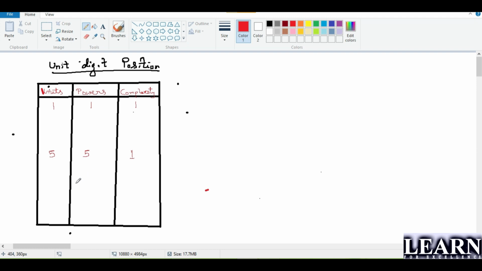Clear? Next, I'll go to the next number, that is nothing but 6. Now if I'm talking about 6 here, 6 to the power 1 is 6, 6 square is 36, 6 cube is, yes guys, what is 6 cube? 216. So now look here, all the numbers over here will end with 6 itself. So 6 to the power anything will also end with 6. Then I can tell the complexity is 1 here.